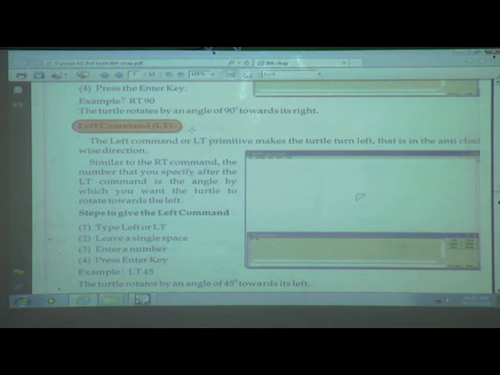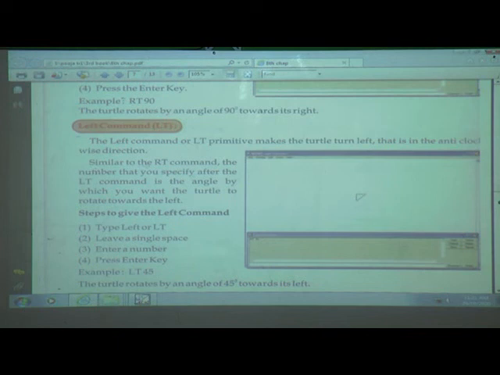What is the use of the left command? The left command or LT primitive makes the turtle turn to the left side, that is anti-clockwise. How does the RT command move? Clockwise, and LT means the turtle moves its direction anti-clockwise.